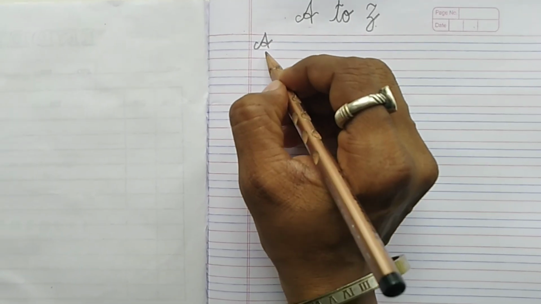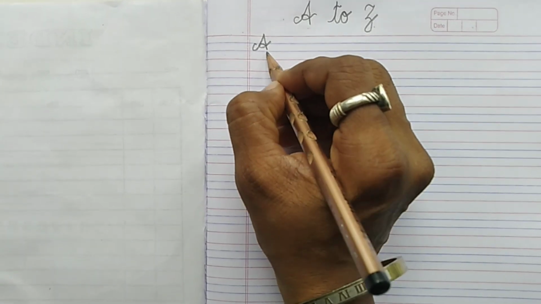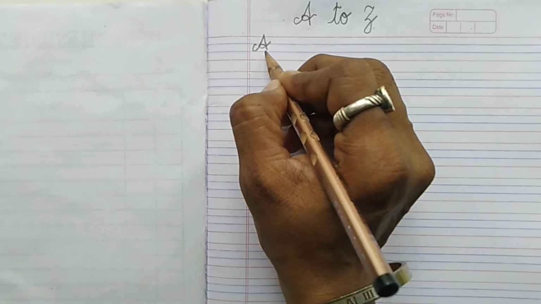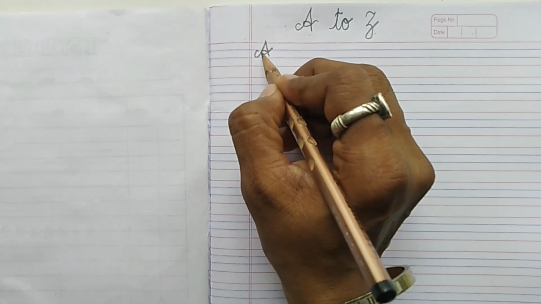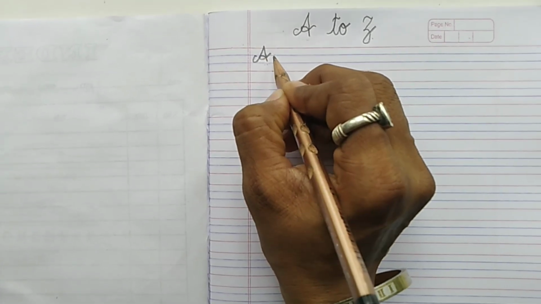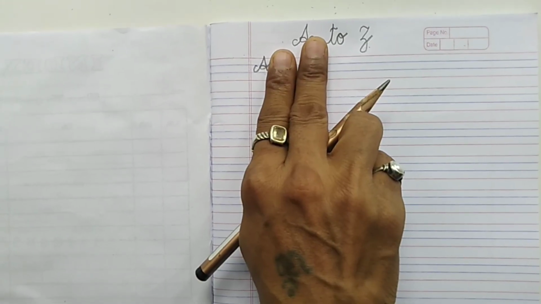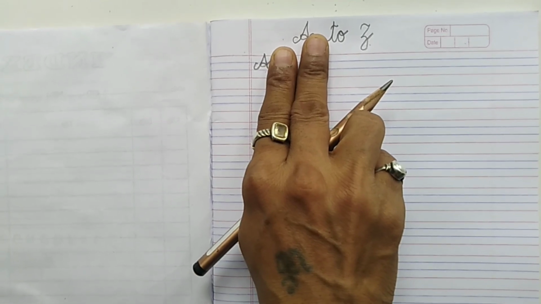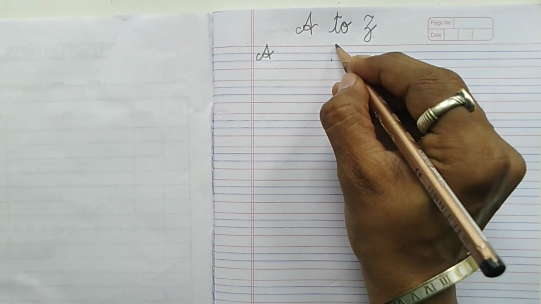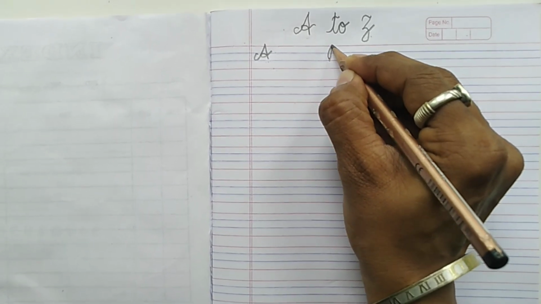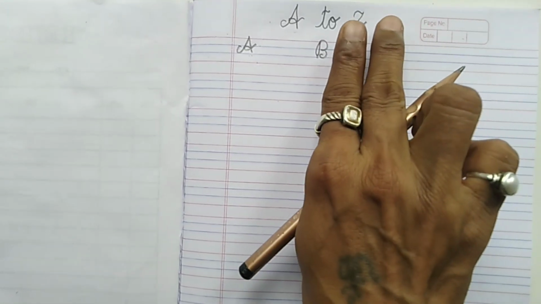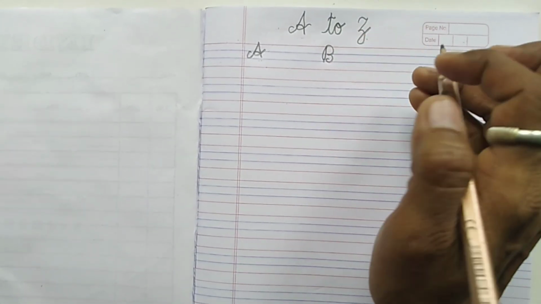apple. Dear students, you have to write with beautiful, neat and clean writing in these two red lines and in the middle two blue lines like this. Okay? Here we have to keep our two fingers and leave some space, and then we have to write here. Here we have to write capital B. B for ball. Again keep two fingers and write next.